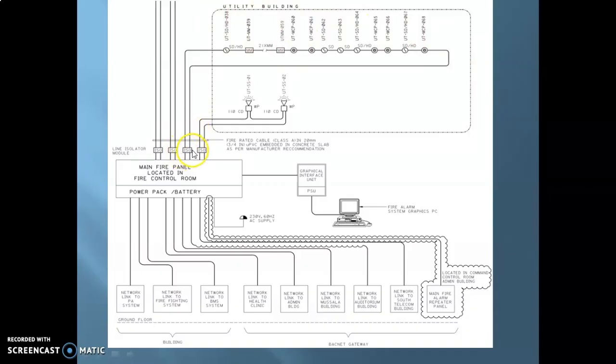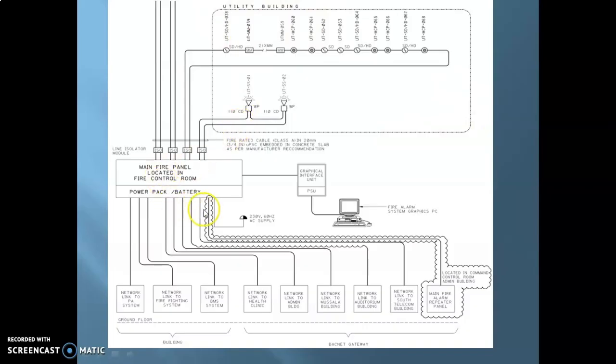Now this module is the isolator module. Nowadays the panels normally come with a line isolator module already present inside, but you can install them separately as well if needed. So this is basically what a loop is, and you can represent the location of all these devices or the loop by making a box like this and writing the name of the building either inside or outside the box.